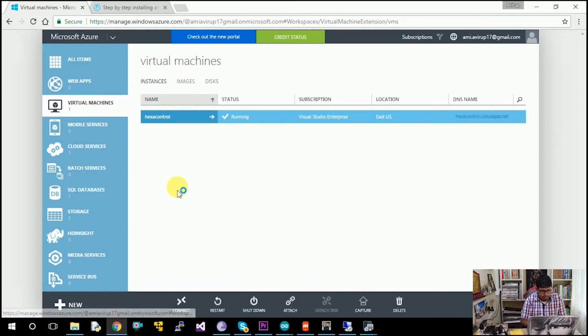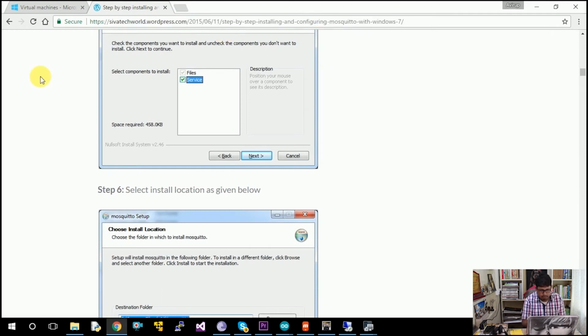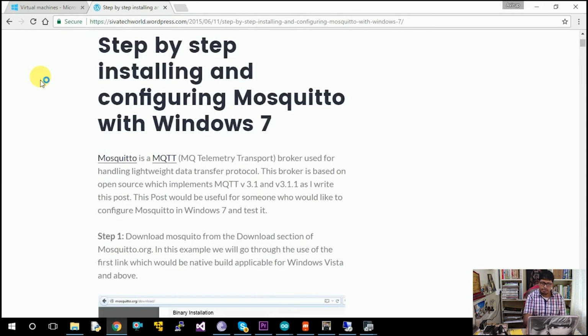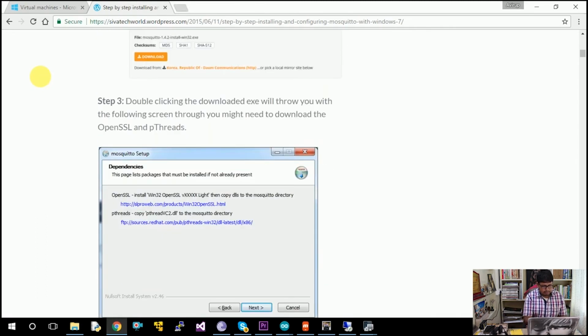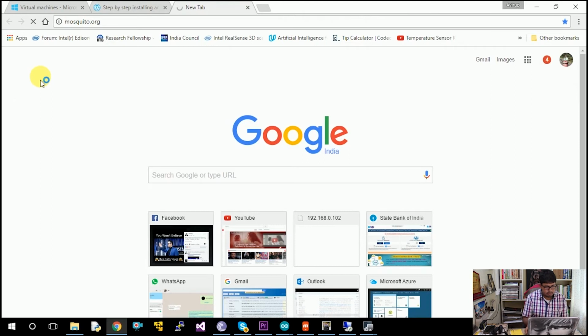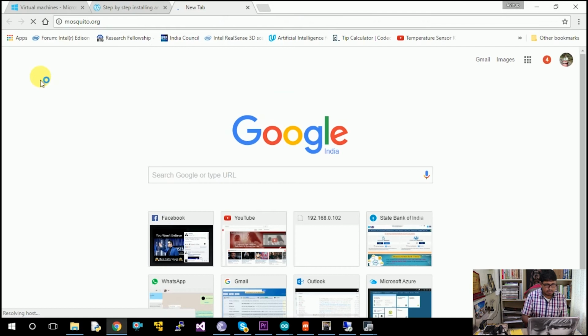If you are planning to create your own virtual machine where you want to set up your MQTT broker, then I will suggest you to go through this article. I'm not the owner of this article, but I find it quite resourceful for a person who wants to set up the MQTT broker on a Windows machine. So if you go to mosquitto.org, I think I spelled it wrong. Yeah, I think I spelled it wrong. It will be